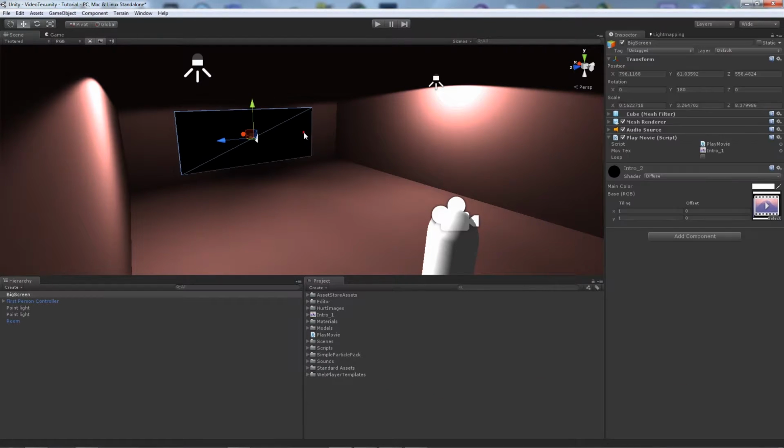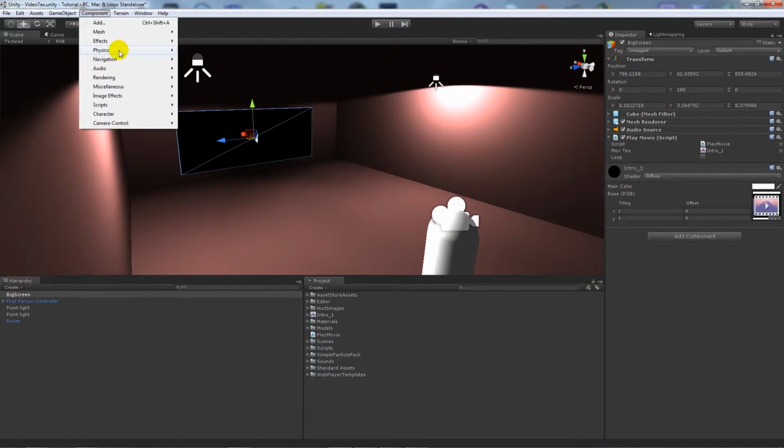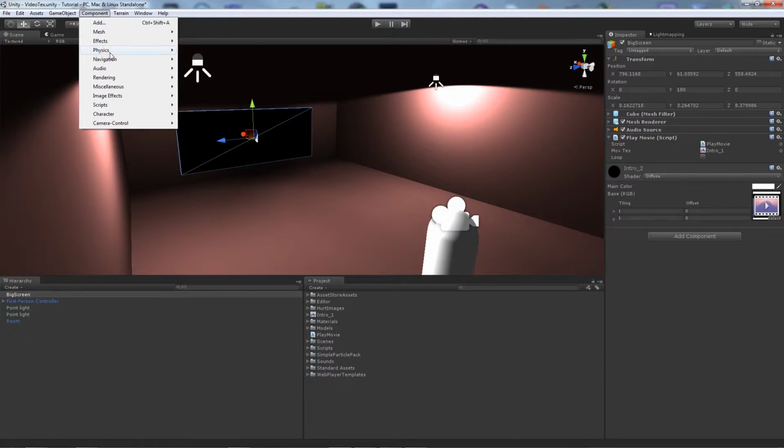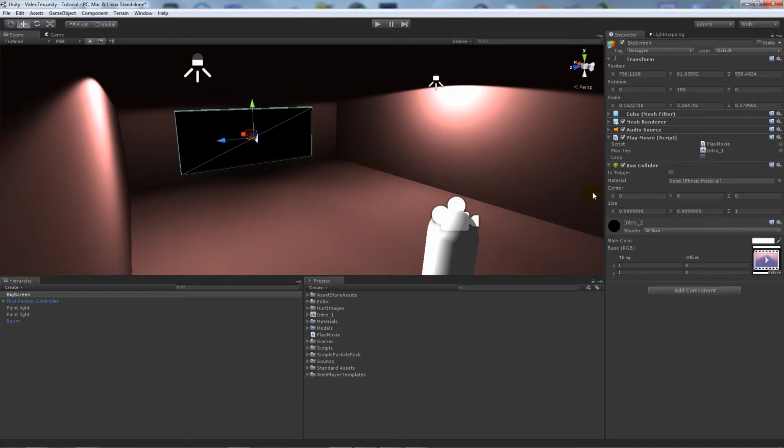It's quite simple. So I've got everything like my last tutorial. I've got my screen here. It's got no collider on it at the minute because I took it off. But if we go to Component, Physics, and then add Box Collider, we can change its size, its X size, X position, and then we can change its position by bringing this collider out, and you can see it here. What we want to do is change it to is trigger. So now this collider here is going to be our trigger that if we walk into it will activate